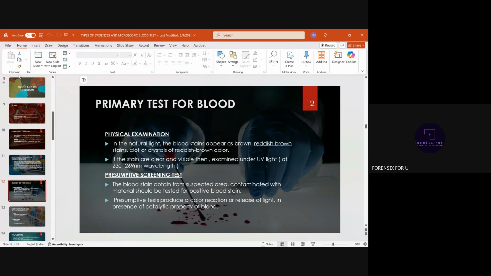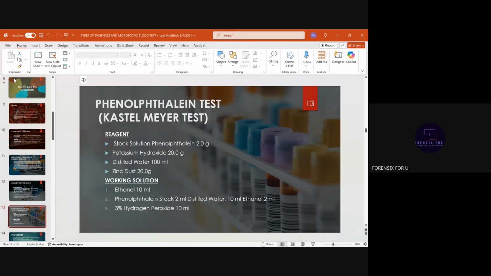Preliminary test is just to get an idea that this is not paint. It is giving a positive test for this result. That means it could be blood. So we need to send it for further examination to the FSL. So we need to collect this as a relevant evidence.